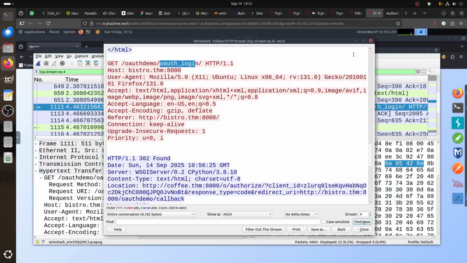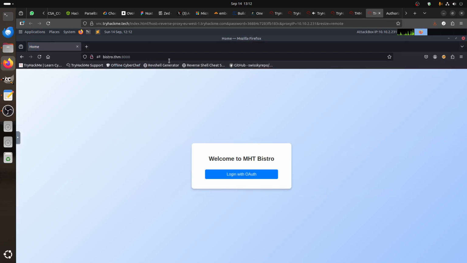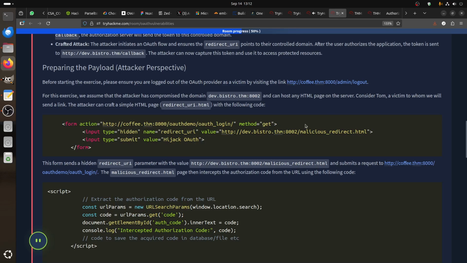Now we're done with Wireshark. We can use it later on, I think. Let's force the log out. For this exercise, we assume that the attacker has compromised the domain, so we have